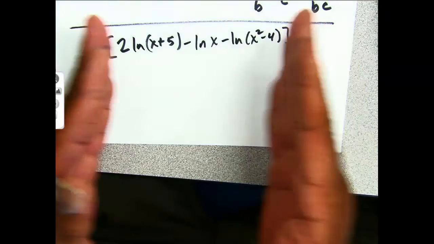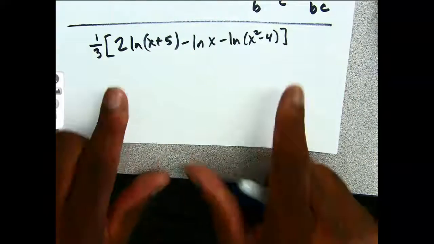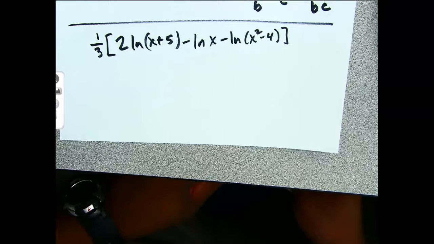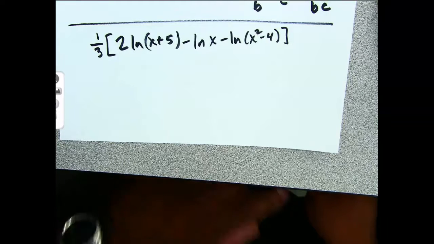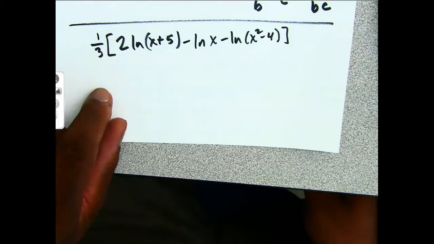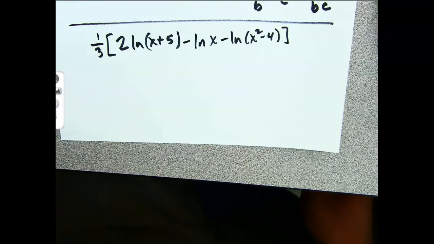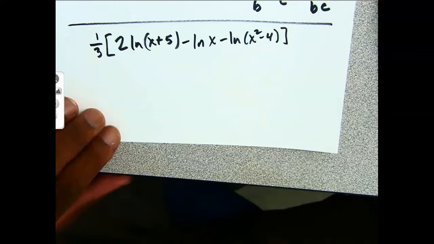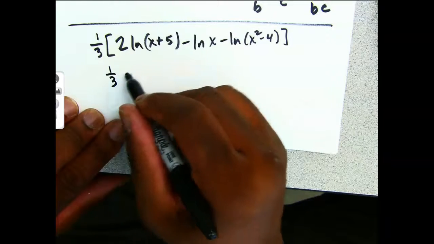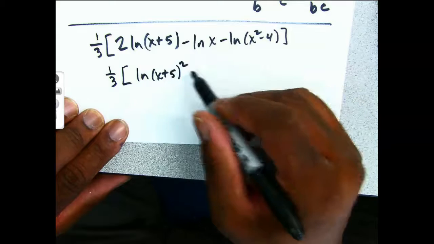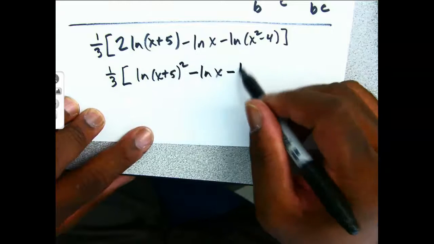So it seems like we would start within the bracket first. But you have to make sure of what? You don't distribute the 1/3? No, you can do that after, right? You can do it either way. It's your choice. So if we first put the 2 in as a square, then 1/3 times ln of x plus 5 squared minus ln x